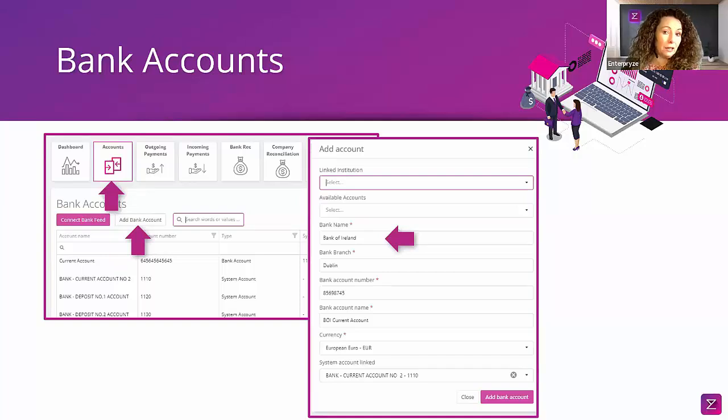So that will become relevant where you are linking it up to a bank feed institution. So where you've connected a bank feed institution, it will automatically come in here during the process of doing the bank feed integration to link up your institution on this particular screen. So you can see there, you've literally got a bank account name, branch, account number, all of the standard information, currency, and of course, more importantly, down the bottom there, you have the system account, which is your GL account or your cash account that defines where that resides on your balance sheet. So within your assets, where that bank account